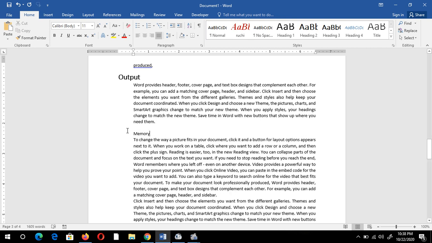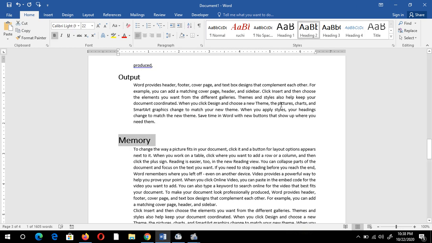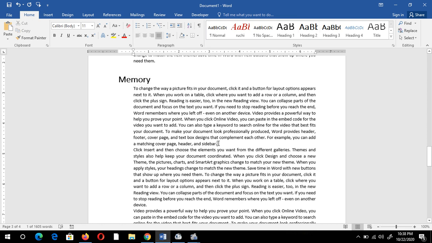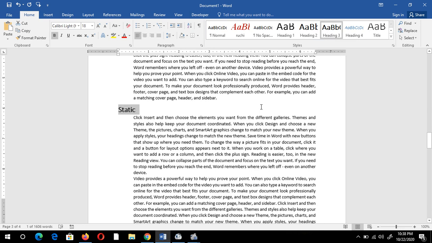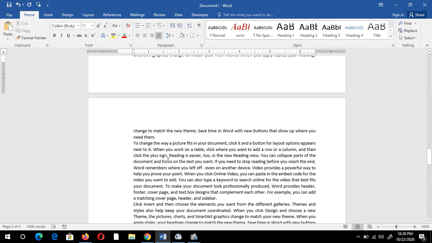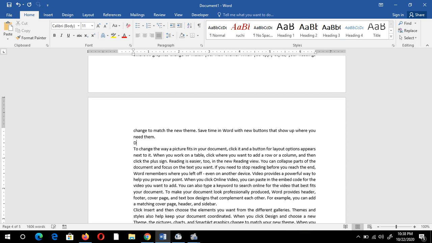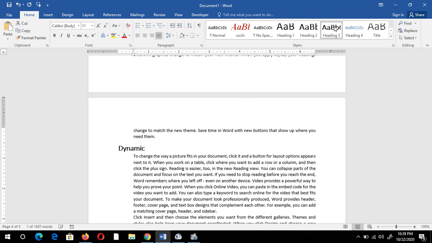I want it to be Heading 2 because Heading 1 is my chapter 1. Under memory, I want to write about the types of memory, that is, static, and I want it to be the third heading, and this is my dynamic. It is also under the memory part. I have to select it and give it Heading 3.